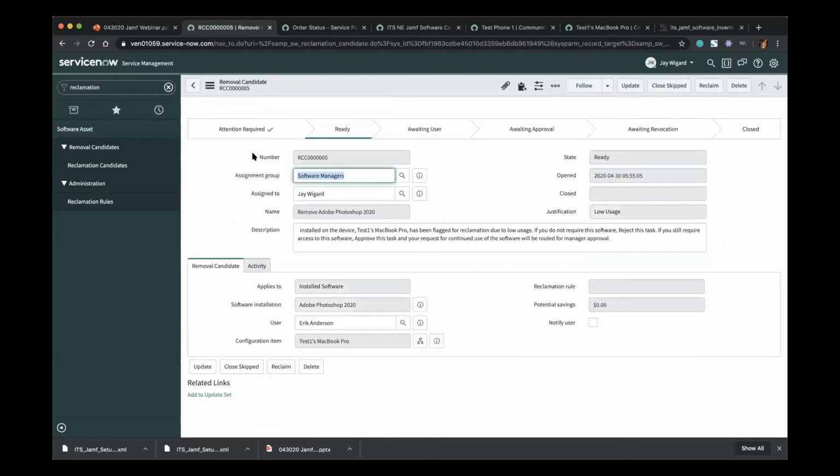And a reclamation candidate, a removal candidate, is basically a task record that's going to get assigned, I think by default, to your software managers group. It's going to be a task called, remove Adobe Photoshop 2020. And it has a little bit of a description saying which device it was installed on. It's flagged for reclamation due to low usage. It lets you know who the user was, what CI the software is on, and gives you a reference to that software install. It's going to try to gather any needed approvals, and then once it has them, if required,